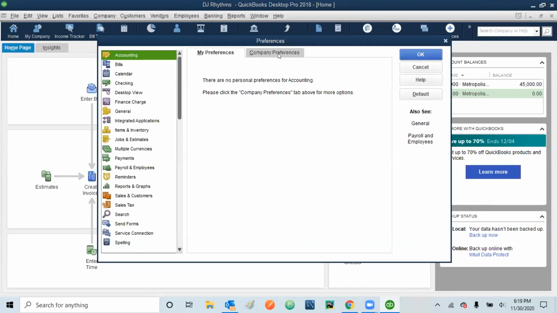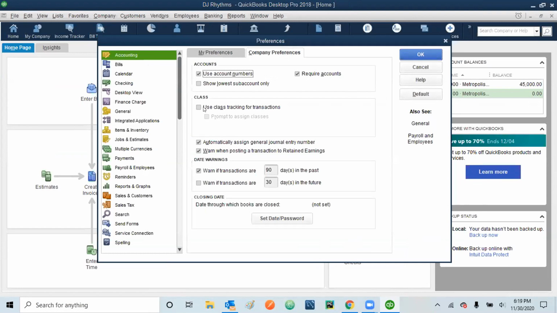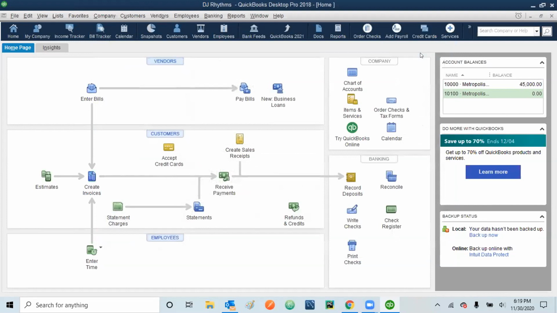In the accounting company preferences, you can say use class tracking for transactions. So what will happen? The type of transactions you have done, like for your customers or different types of transactions, you can track them separately as well. So let's select this part and then click OK. Once you do the transaction, you will know what I'm talking about.